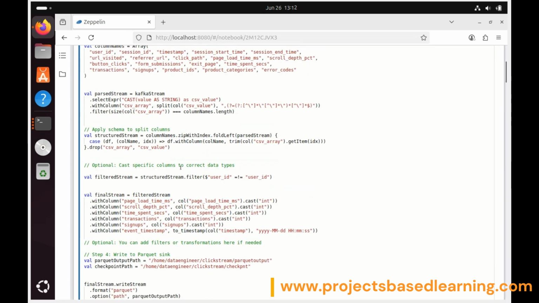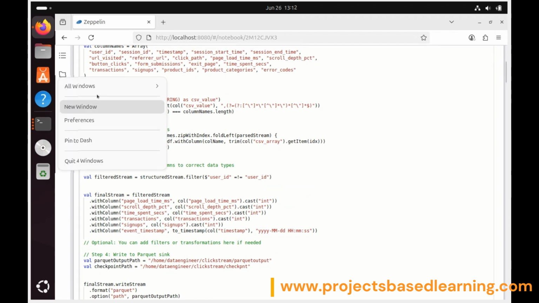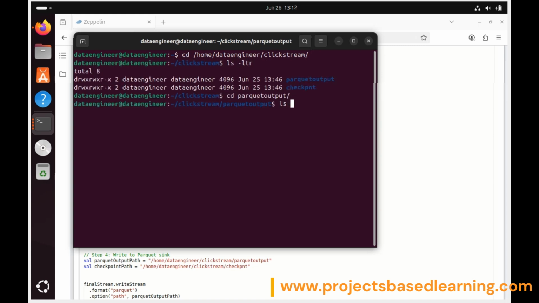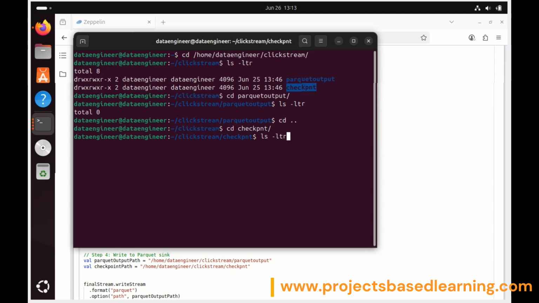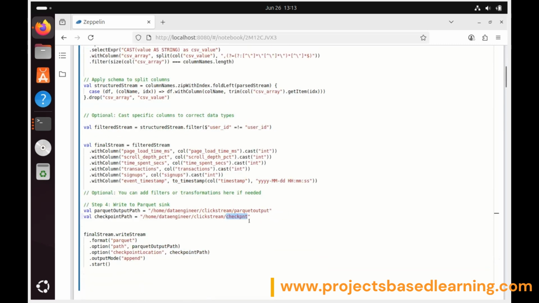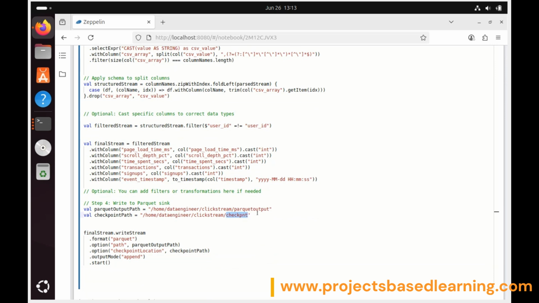Let's go to the location. cd home/data engineer/clickstream. Here you can see we have two folders, Parquet output and checkpoint. Both are empty. Here we have specified the location, Parquet output and checkpoint. We will see what checkpointing is in detail in part 3. As of now, we will just see how we can run the code